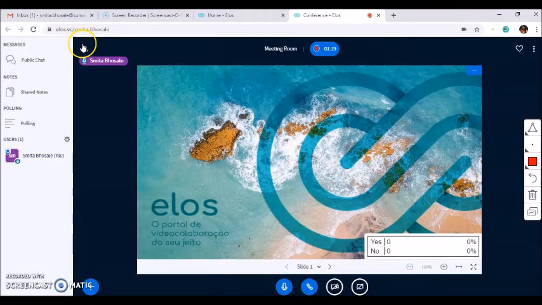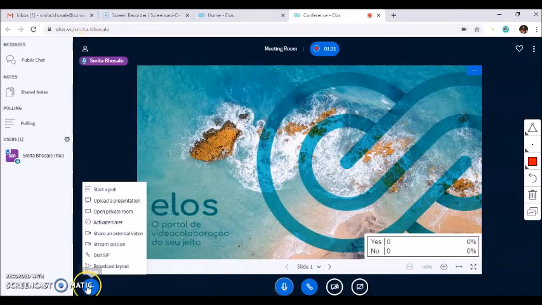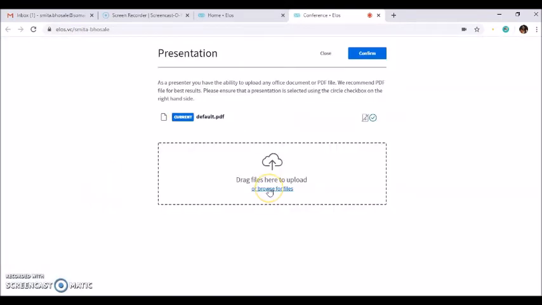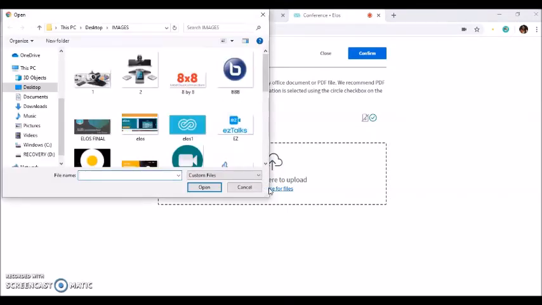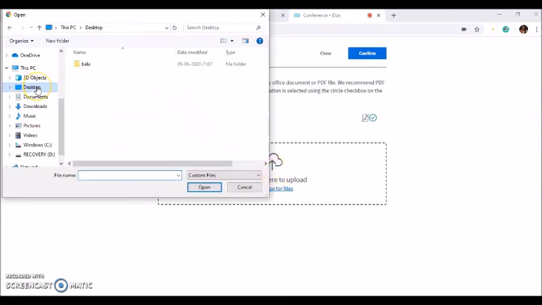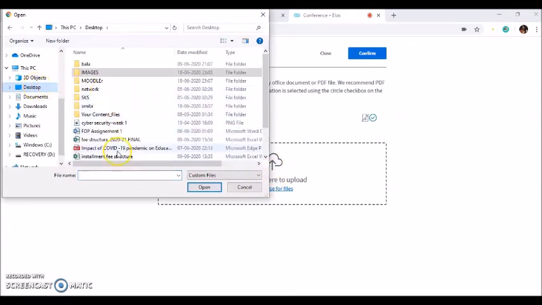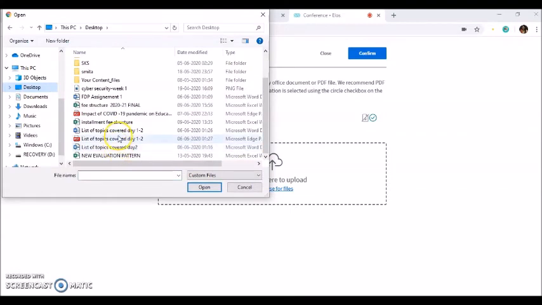So go back, go to the next action. You can upload a presentation. So here I am uploading a file. Do remember, it will accept a file only in a PDF format. So you can use a PDF format.